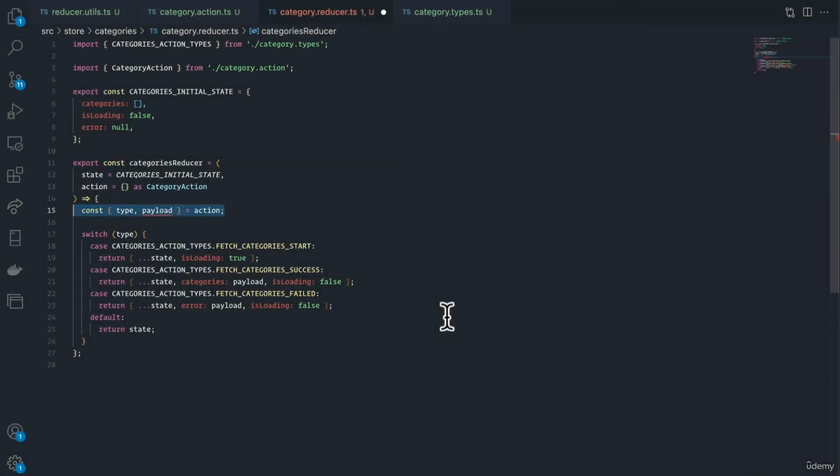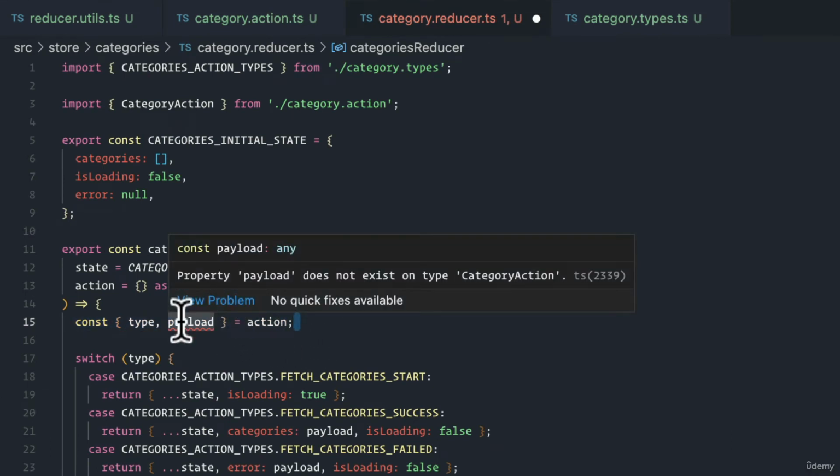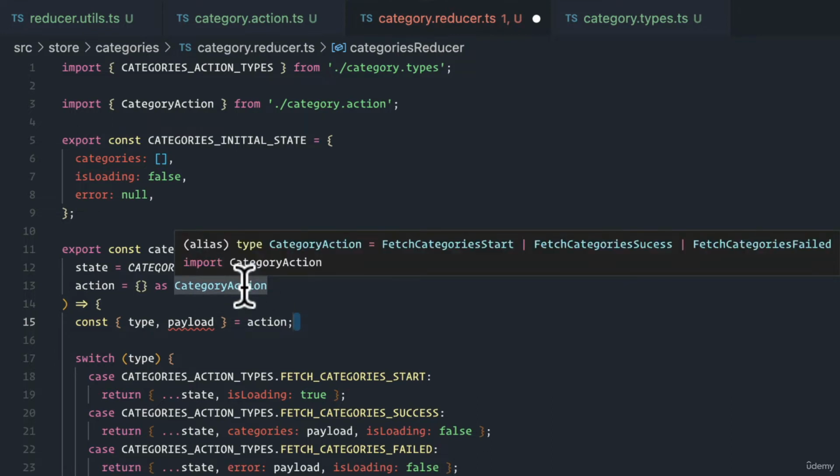Welcome back, everyone. So let's continue styling this reducer. Here, what you'll notice is that our action cannot destructure payload. When we hover over it, it says property payload does not exist on category action. The reason for this is because inside of our union type, we have actions that do not have a payload